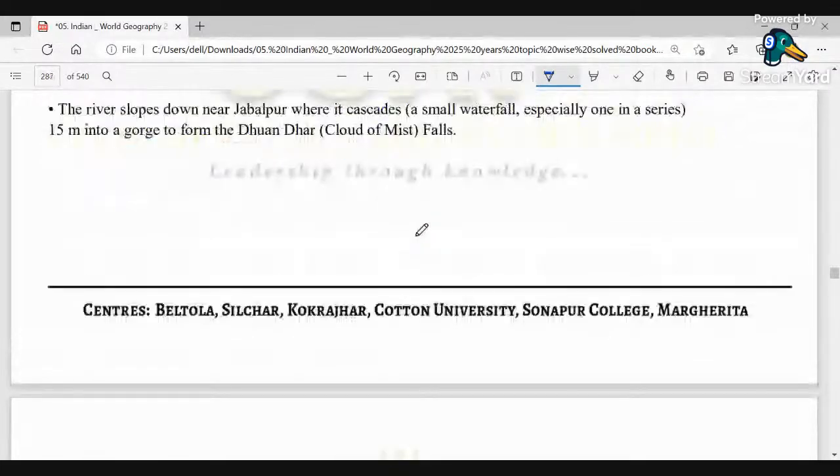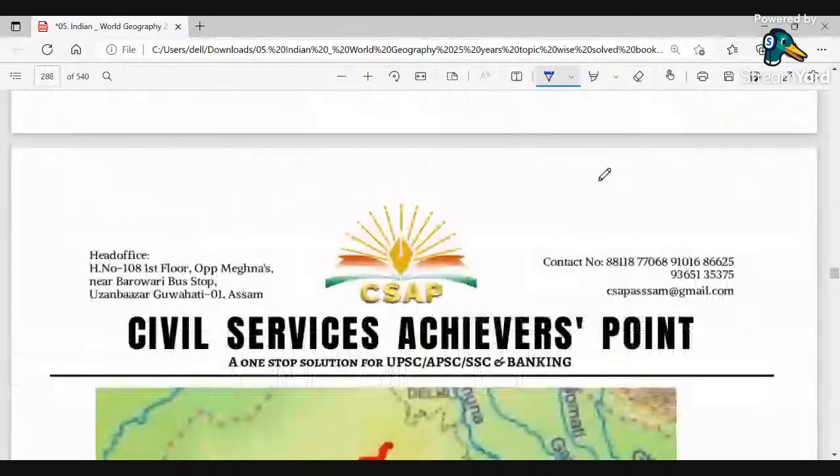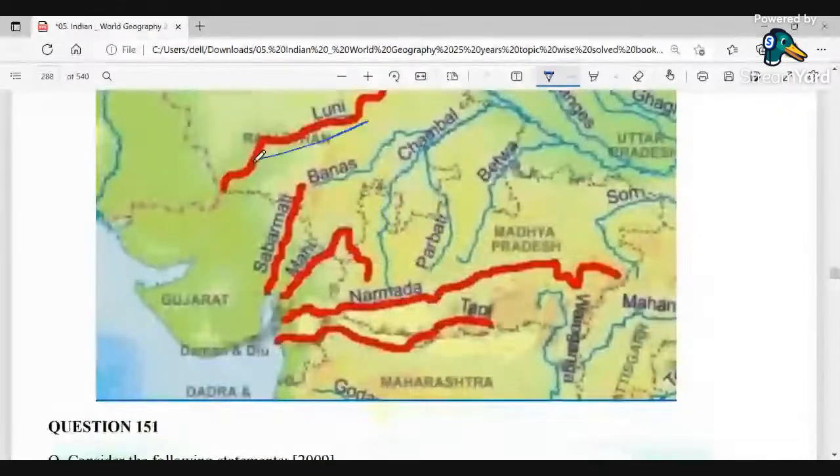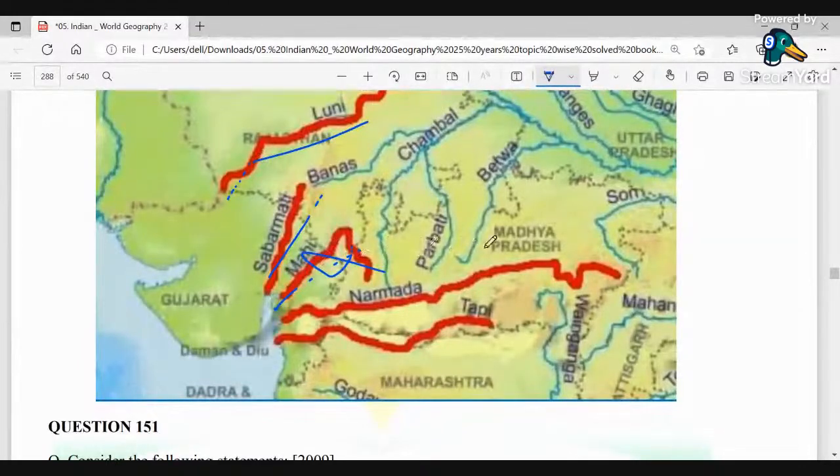You can look at it later. So this is Luni that got lost. This is the Sabarmati. This is the Mahi. Okay, and Mahi has a significance of flowing across the Tropic of Cancer twice. Okay, then ऐसे जाके फिर Tropic of Cancer के पास होता है. So Narmada and this is Tapi. Okay,